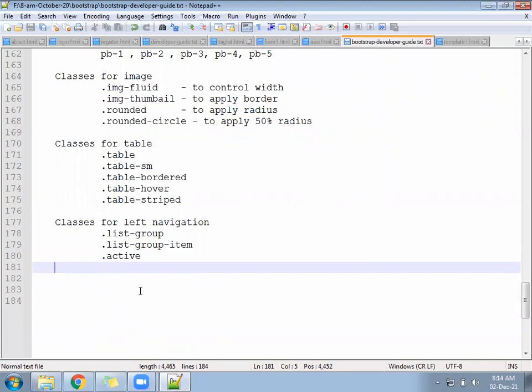You will create a file called listgroup.html. You can create a new file.